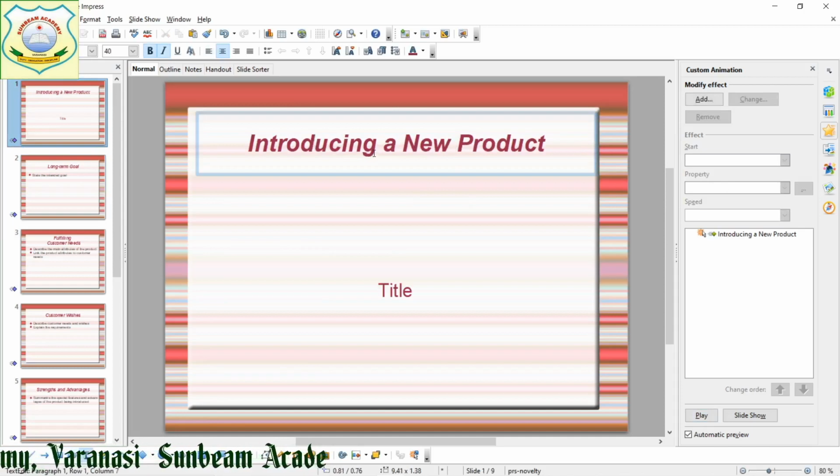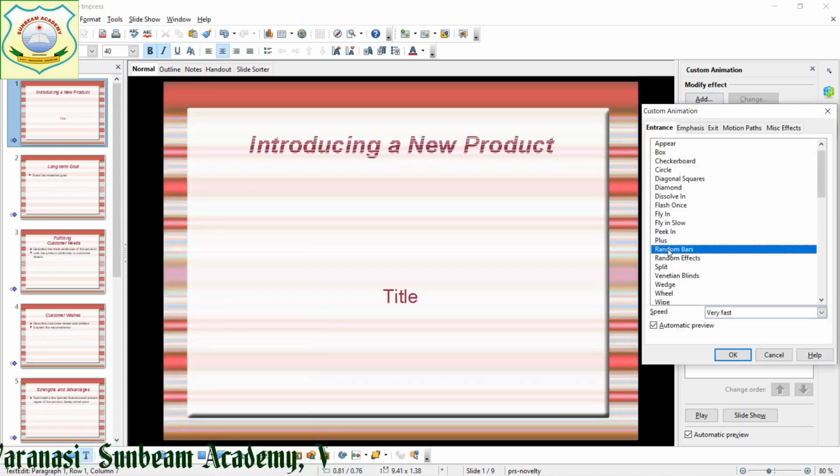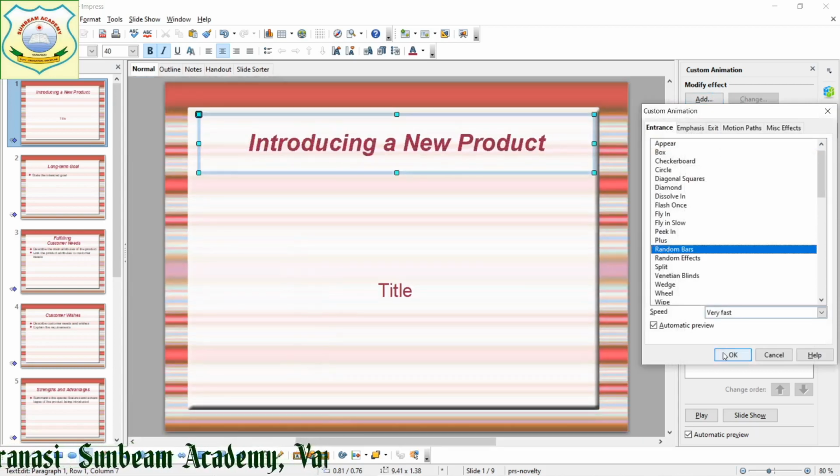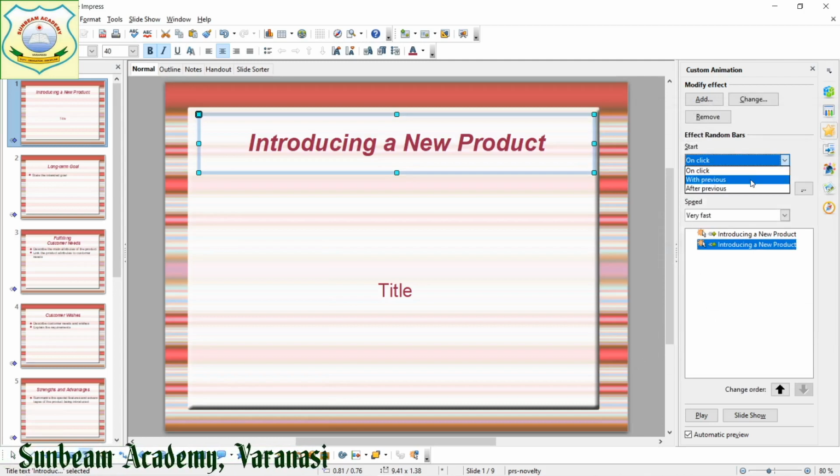Here also, what effect you have given. Suppose I have taken random bars, very fast. Okay, then this is the order. Here on click, no, with previous, right? Now you can see here.